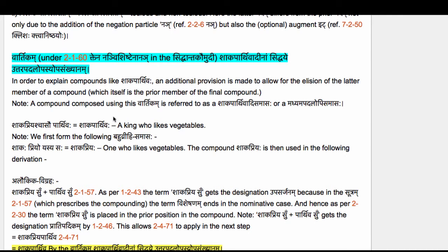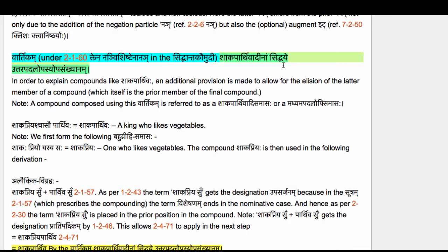We just studied the Sutram 2160, Ktena Nyai Vishishtena Nanya. Let us now take a very important Vartikam. This Vartikam occurs under that Sutram 2160 in the Siddhanta Kaumudi as well as in the Kashika. This Vartikam reads